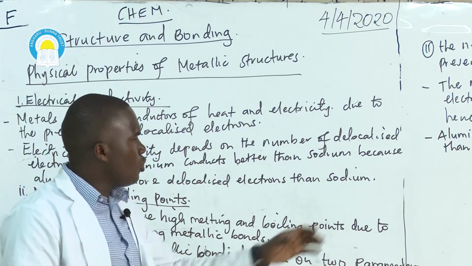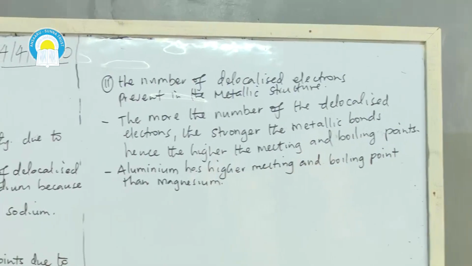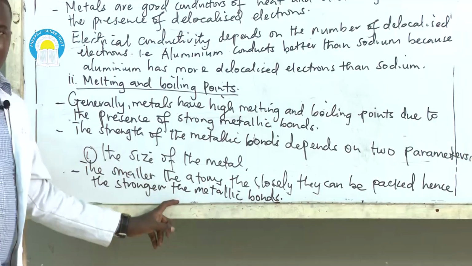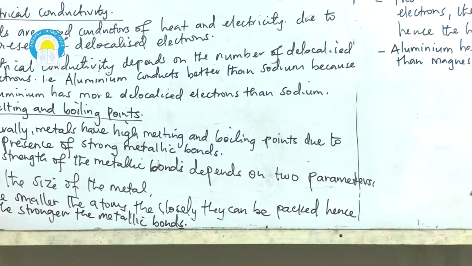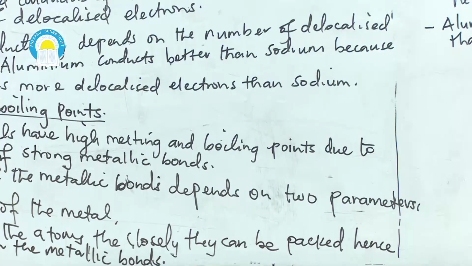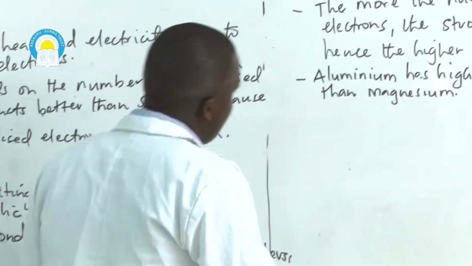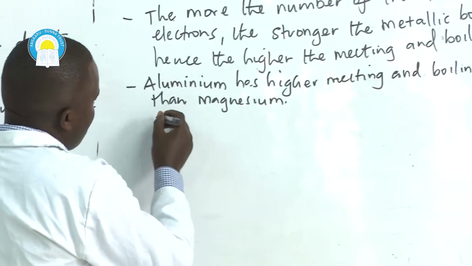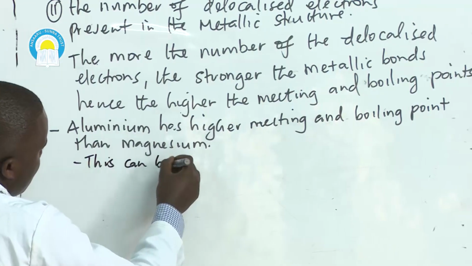And therefore, there are two reasons why aluminum will have high melting and boiling points. The first one is this one. Aluminum atoms are very small in size, and therefore they can be packed closely, and that means they have a stronger metallic bond. So this can be attributed